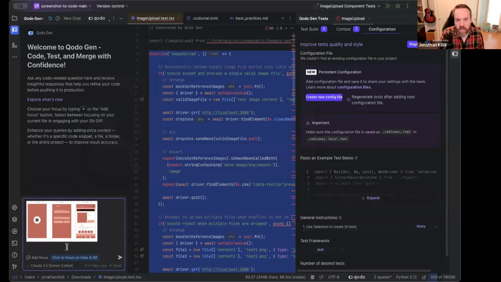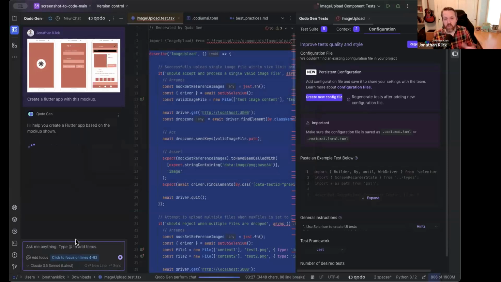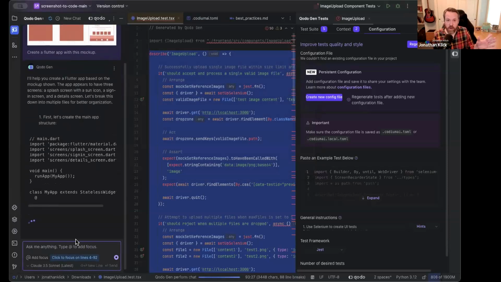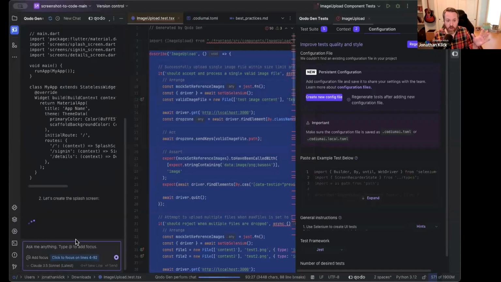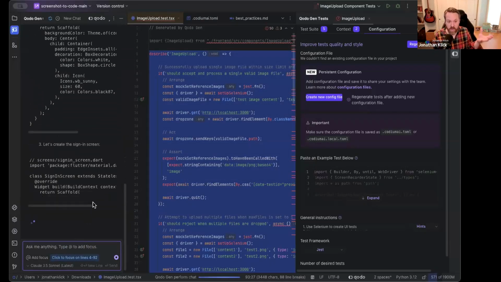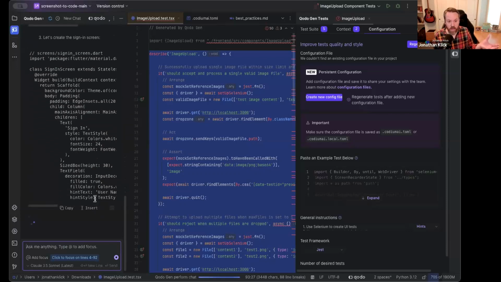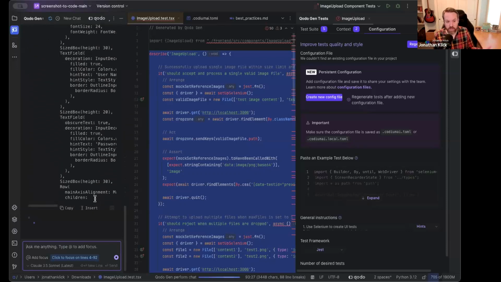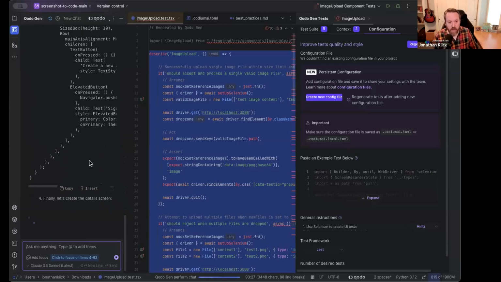I was talking to someone at AWS reInvent last week and I asked what they do, and they said Flutter. Great, let's create a Flutter app with this mockup. There are a lot of different use cases here, but this is a great example of how you could use an image to generate the types of code you're looking for.